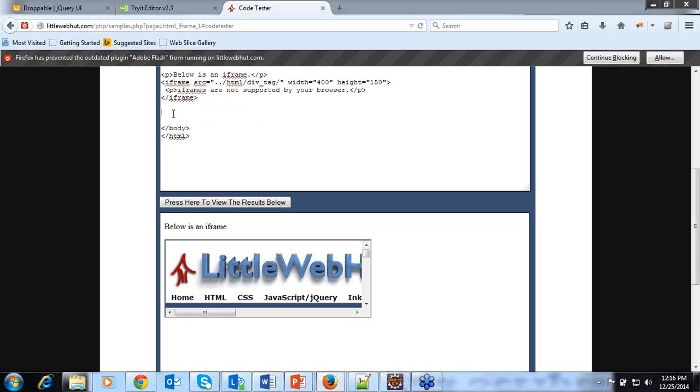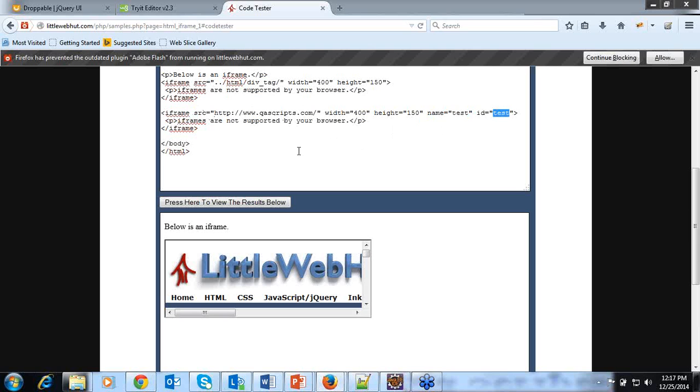Let me add one more iframe tag, and inside the iframe tag I will pass source as www.qascripts.com, and here I can name each and every iframe. I can give name or ID for each and every frame. So that's what I have given: name equals to test, ID equals to test.